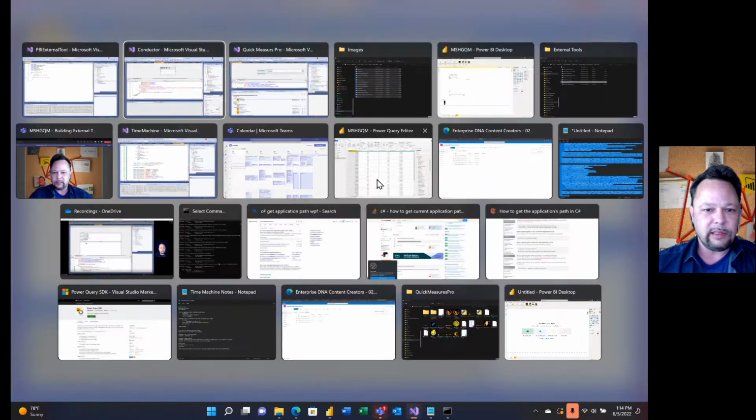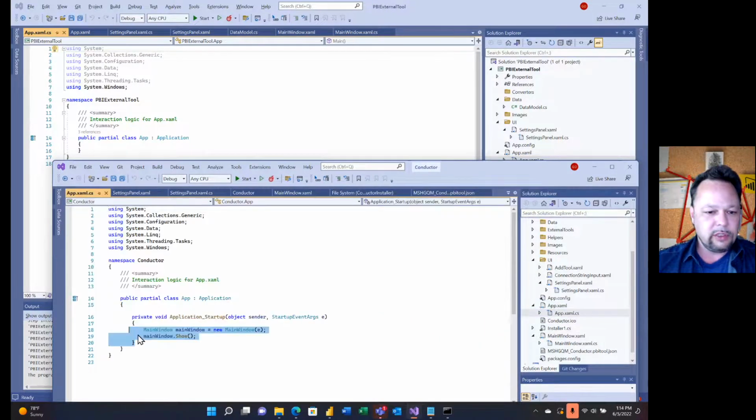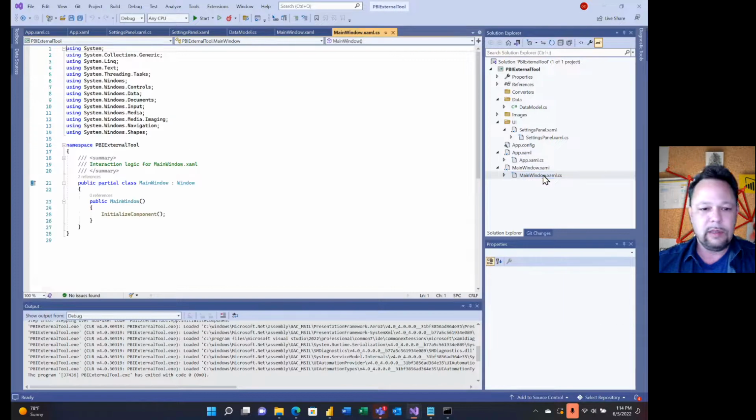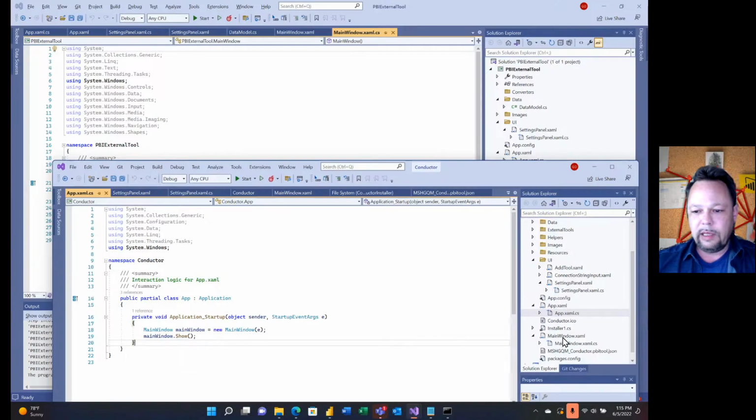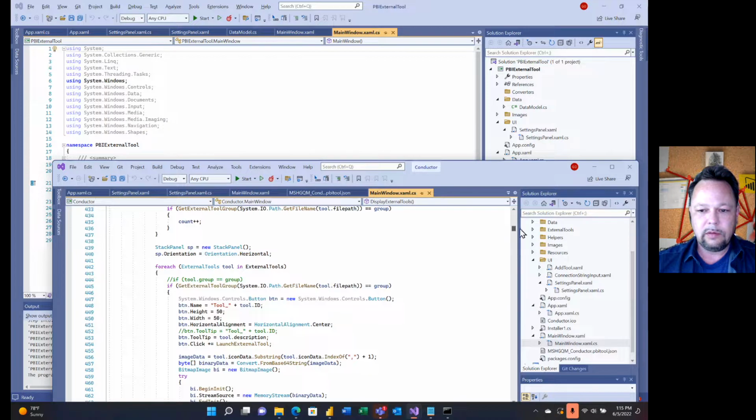I think I might have shown this in the Conductor video, but basically we have to go into here. We have to grab this little function. We need our main window where we're passing an E, and otherwise that's not going to resolve. All right, so here we have our main window, initialize component and all that fun stuff. So what we need is some additional code here